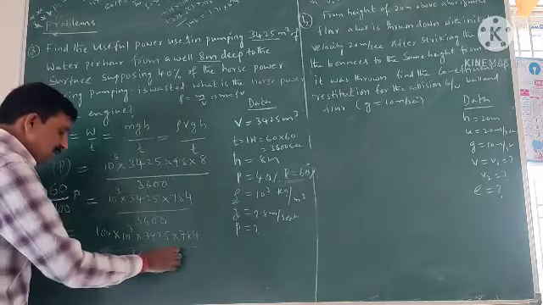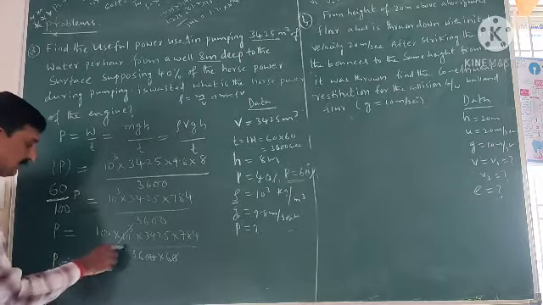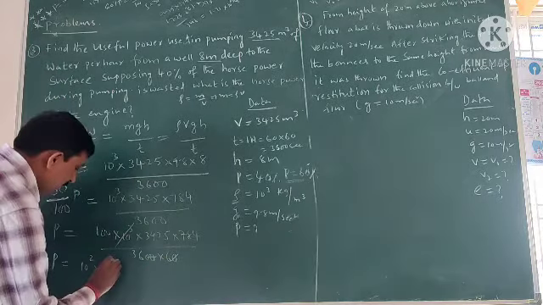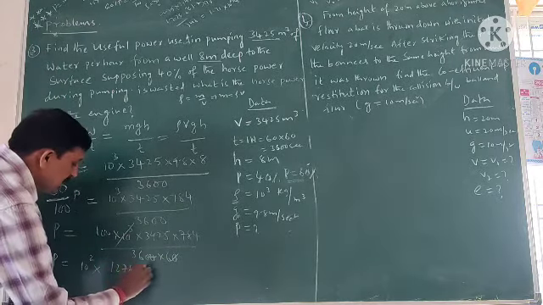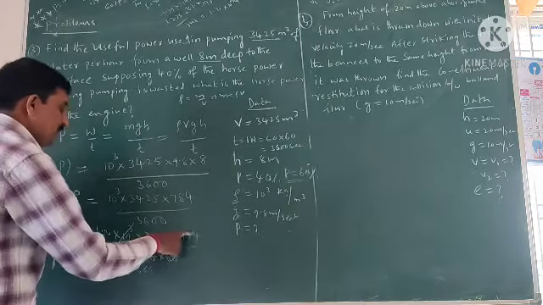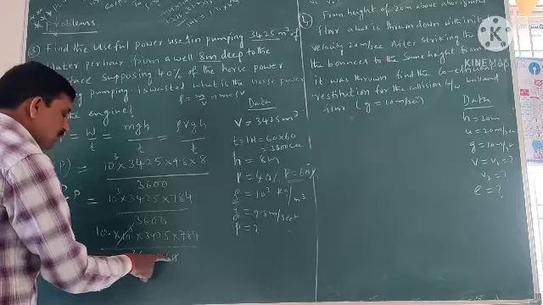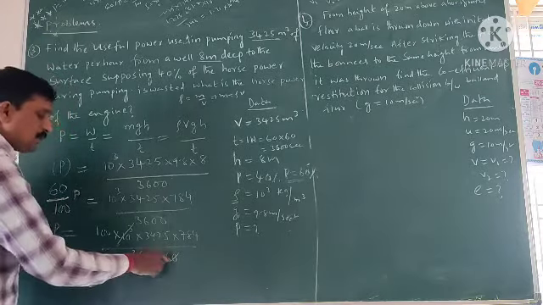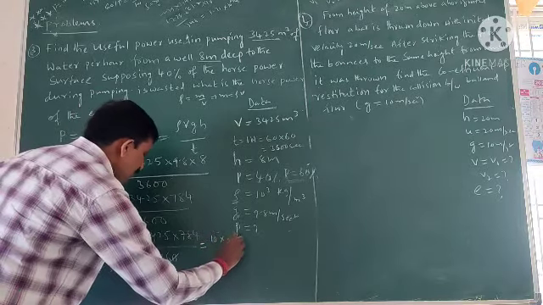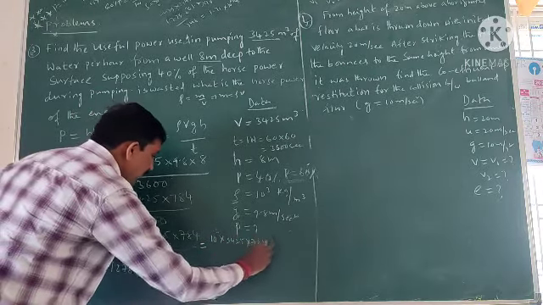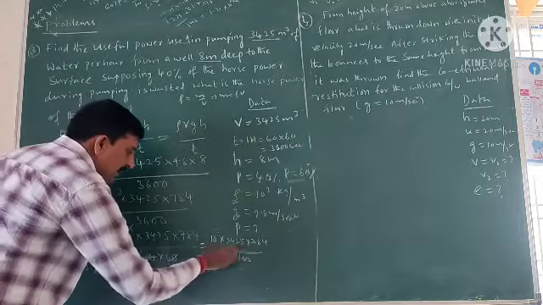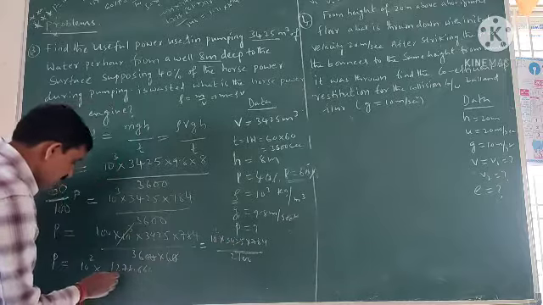So P is equal to 10 square into 3425 into 784 by 36 into 6, that is 2100. Dividing these two terms we get